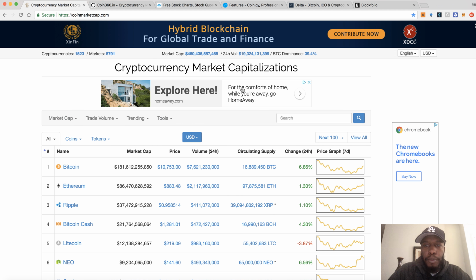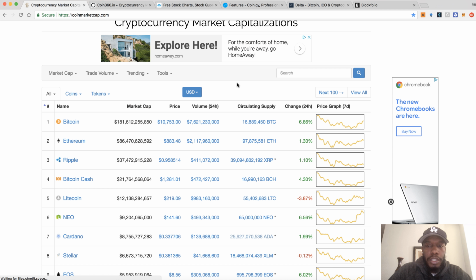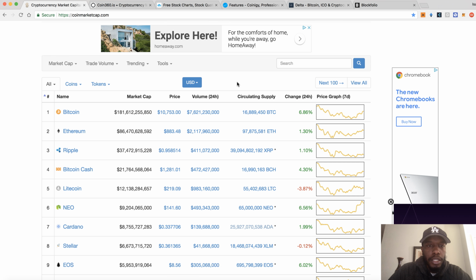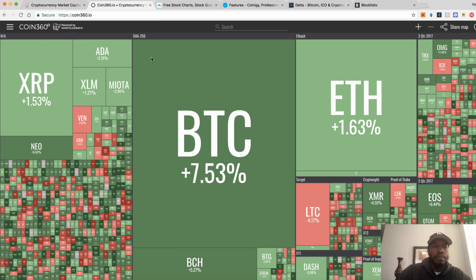So that is something to look at when you're starting to see Bitcoin being bullish, how much more of the market share it is going to take. So another interesting place to look,